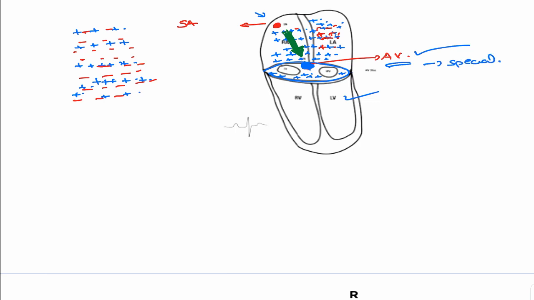Because if the spread was very quick from the atrium to the AV node and from the AV node to the ventricles, then while the atrium is contracting, the ventricle would also start contracting. The atrium still has not relaxed or gone to diastole, but before that the ventricle will contract. So to give some time for the atrium to relax, we have a time gap. That's why the AV node is a slow conductor of electricity. Now once it reaches the AV node, there should be something deflecting, something reflecting on the ECG, isn't it?